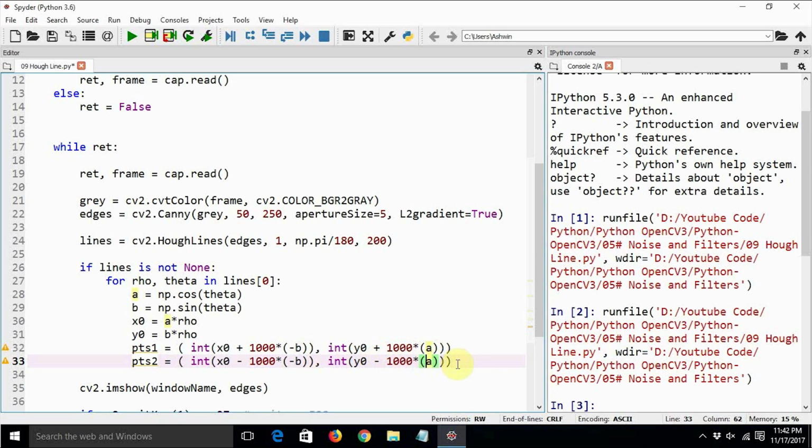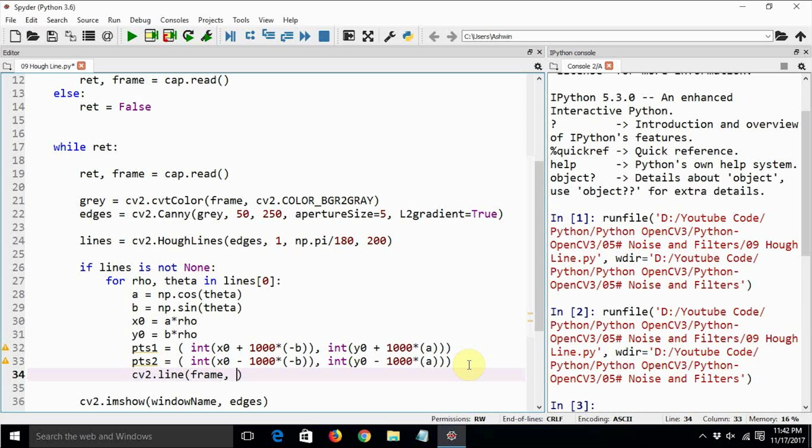Yes, so this is how we can convert the polar coordinates into Cartesian coordinates and derive the value of points. So once we have the x and y points, sorry, x0, y0 and x1, y1, we can conveniently draw the line using cv2.line. Let's draw the line on the original image. The original image is stored in frame and we haven't modified it. So here we are going to draw the line on that frame.